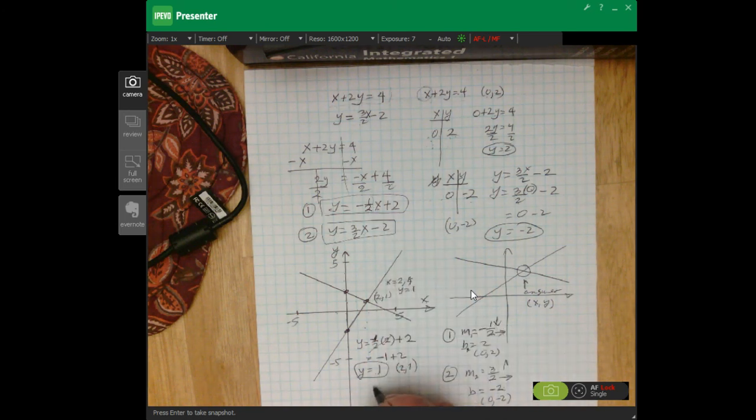The second one, we can do the same thing. 3 over 2 times 2, and then this one is -2. So now when we multiply here, 2 times 3 is 6, divided by 2 gives us 3. 3 minus 2